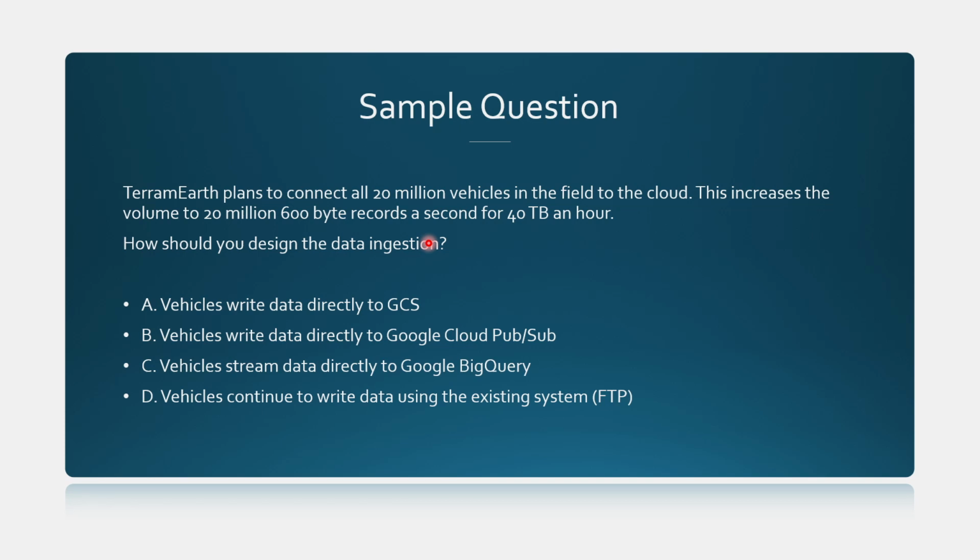All right, so now I guess you have the answer in your mind, so I'm going to discuss each of the options. The first option is vehicle writes data to GCS. GCS is a bad example here because we have looked at the IoT data pipeline design. If you remember the design, you would know that the answer is Cloud PubSub. And as far as BigQuery is concerned, if you do the math here, the BigQuery data limits are reached, meaning that BigQuery cannot handle this amount of data stream per second.